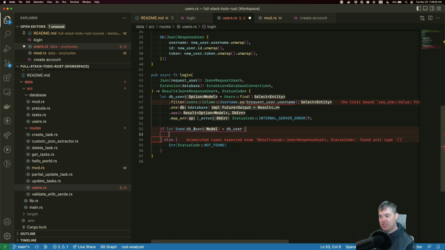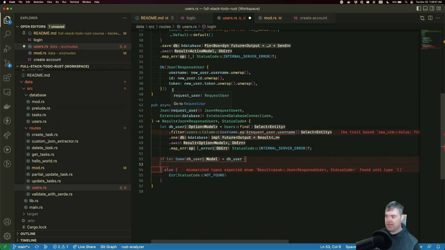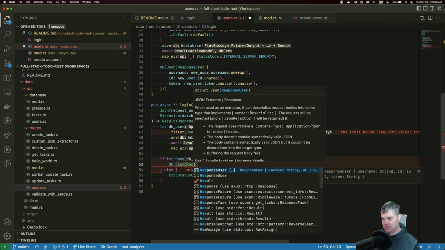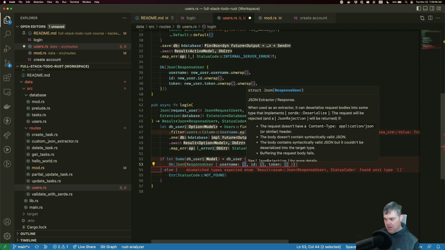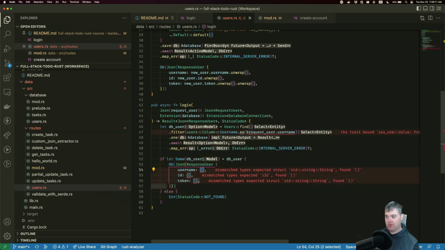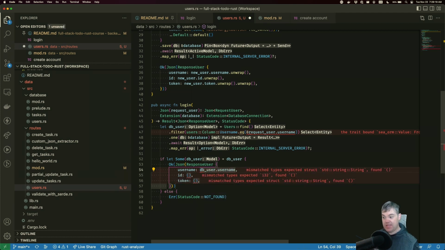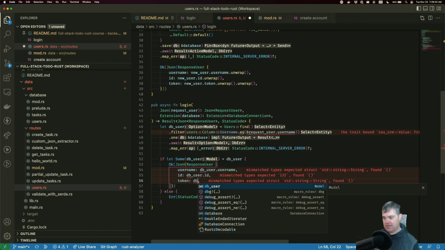We have access to the DB user, so we can now create the final user, as it were. So JSON. We want a response user. Username. We want this to be the DB user dot username. That's a full string. That's fine. The DB user dot ID and DB. Well, before we do this,